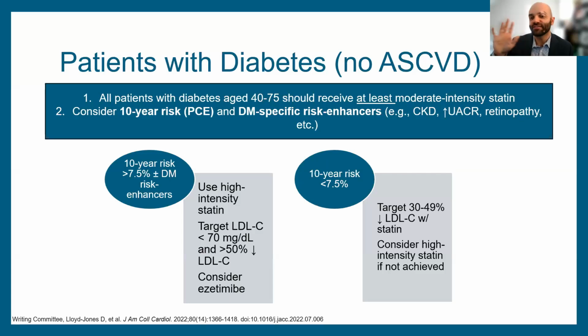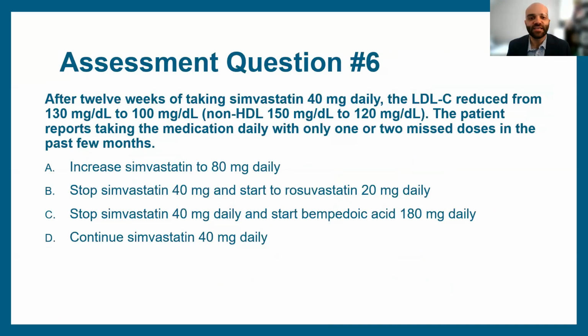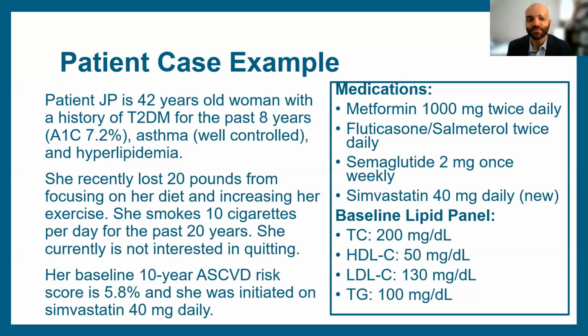However, we don't have that same multi-society endorsed guideline that we do with our 2018 guidelines. So my advice is really 2018 is your basis, and then you're growing a little bit more with the 2022 consensus statement. So seeing a lot of these here, again, a very similar application: someone on a moderate intensity statin with a history of diabetes, they might have some issues, and how can we switch them to an appropriate therapy that may be missing and use something like rosuvastatin.